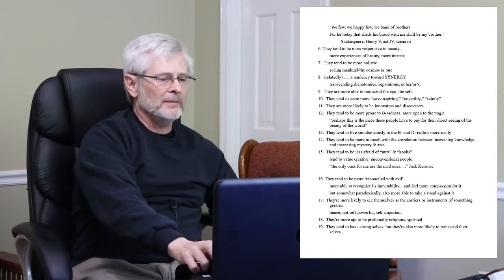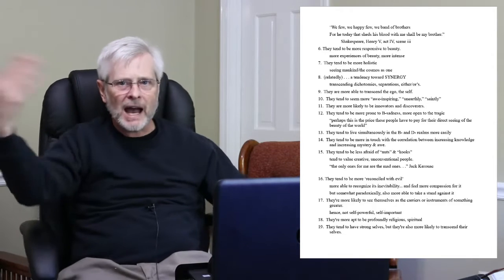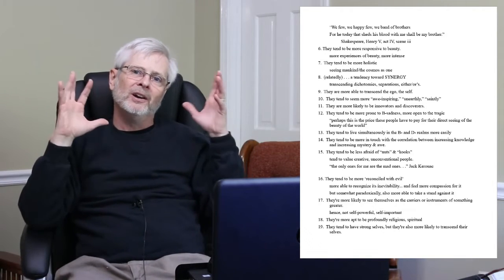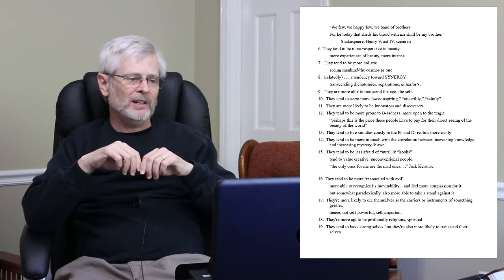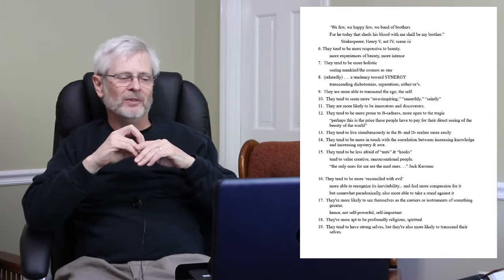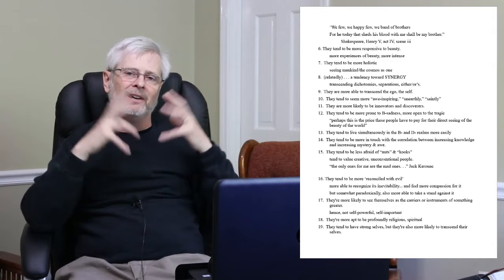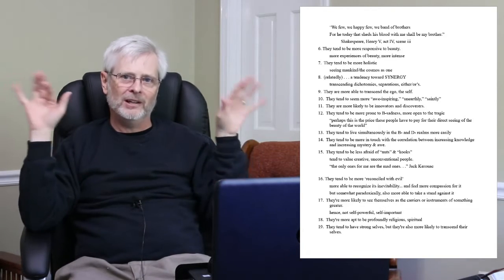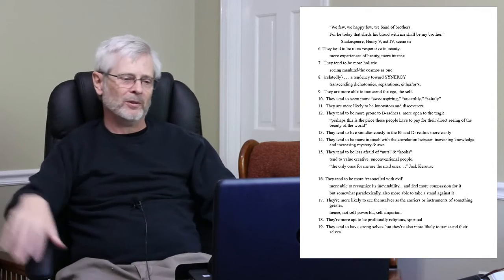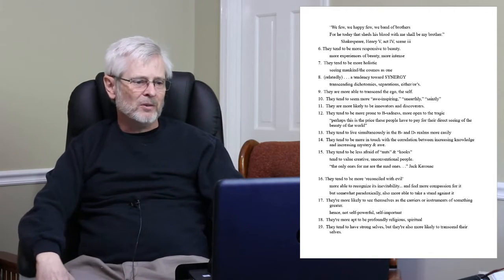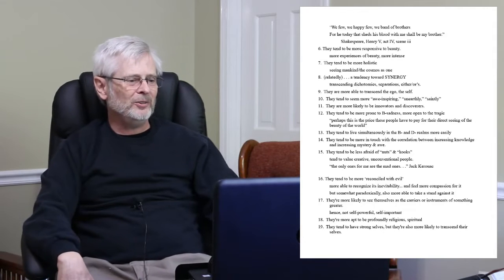So, number 9, they're more able to transcend the ego and the self, to get past the normal sense of who we are. And here we were talking about something very similar to this in the last video about creativity, that part of what primary creativeness involves is being able to get past your normal sense of yourself and enter into a kind of selflessness, or an an-atman state is how I was describing it in the previous video, where all you really are is a pouring forth into the infinite depth of the moment. Okay, in creative experience. Well, a similar kind of thing going on here in Theory Z.